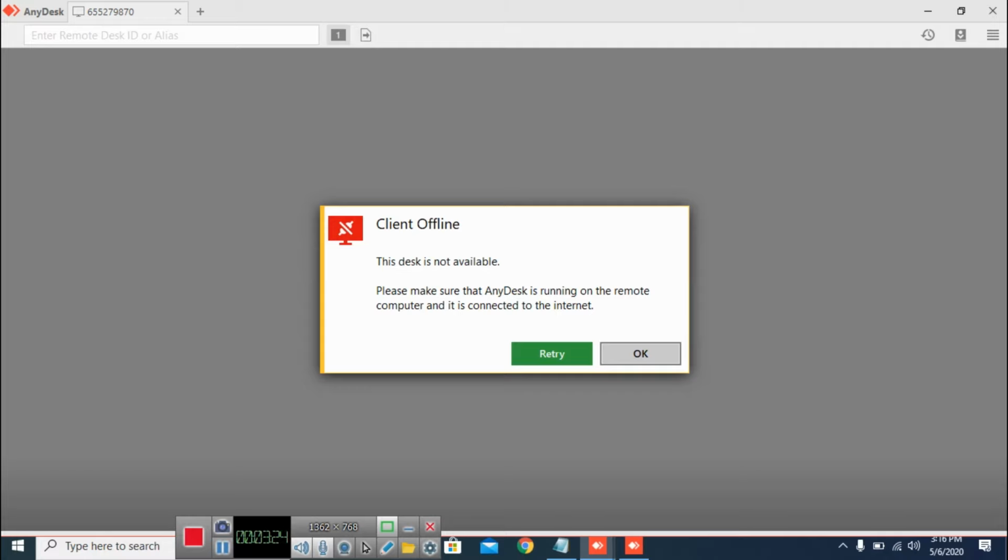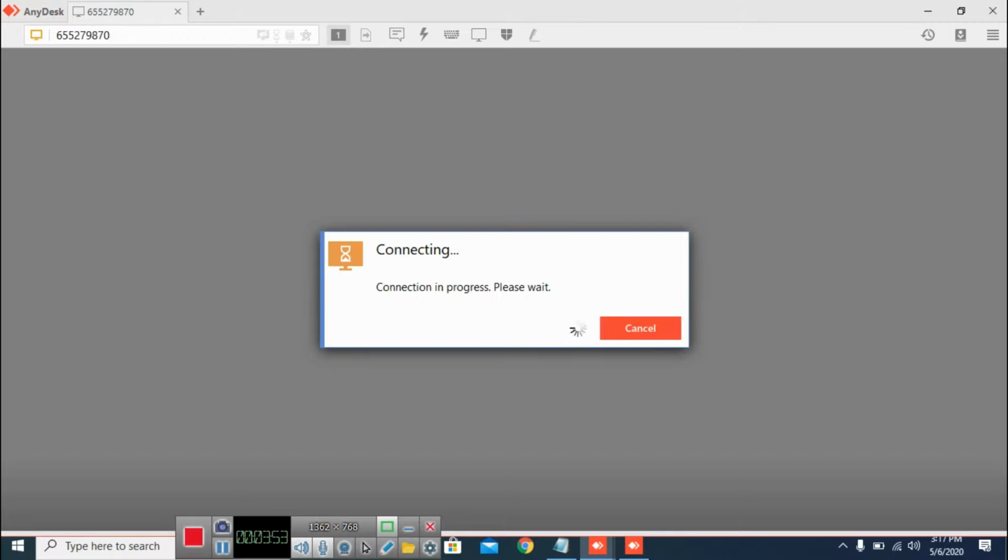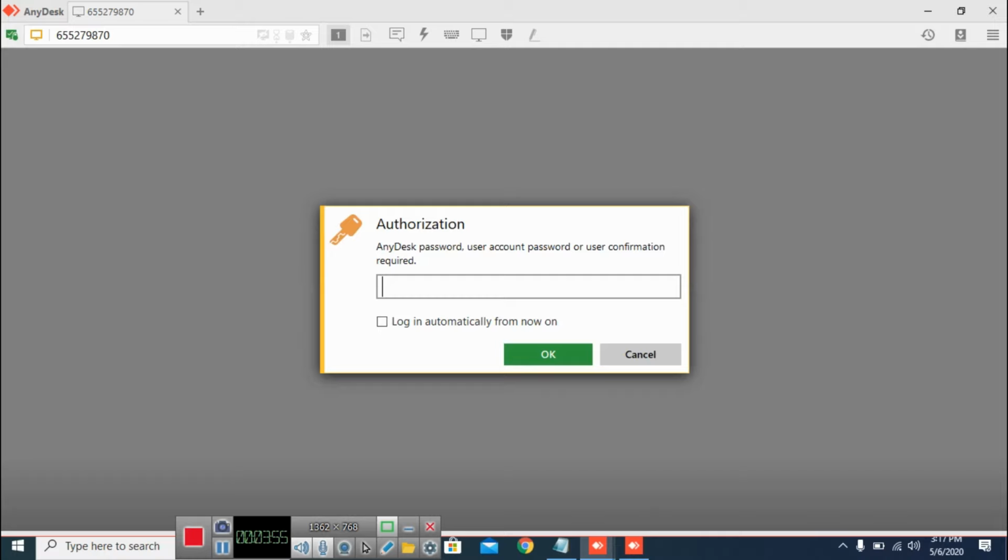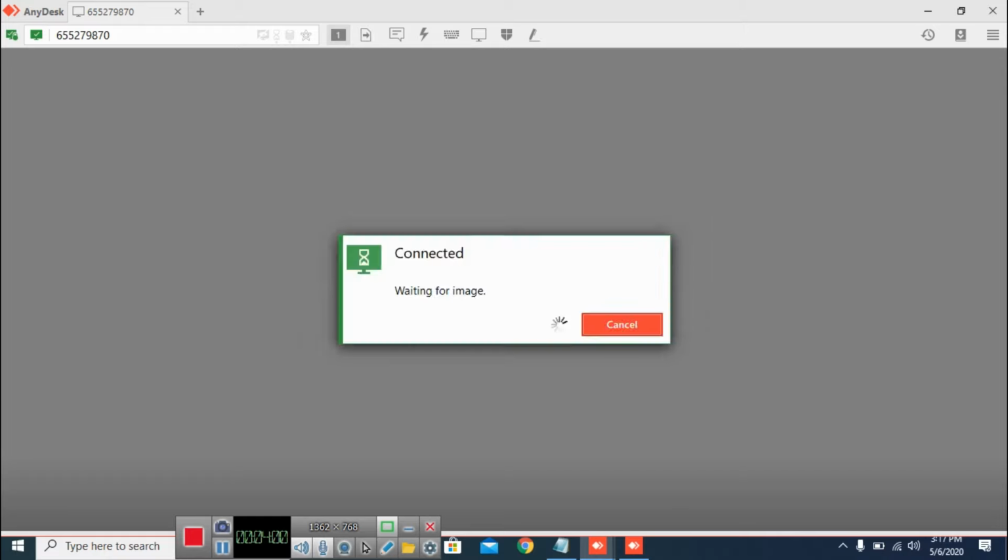This means you should open your AnyDesk on your other end also. If you are trying to connect from your office PC, that PC should always be powered on with AnyDesk. Okay, so it's showing you should always open AnyDesk on the powered on computer. Now I am trying again. His PC is online right now. I am checking again. It's trying to connect. So we are entering one password over there. That password we will put here.